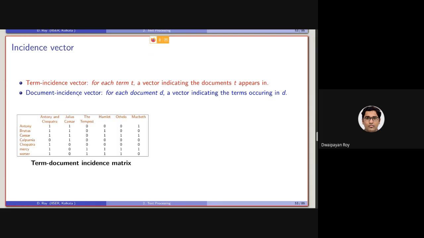So by term incidence vector, it will be a vector for each term, indicating the documents it is appearing in.